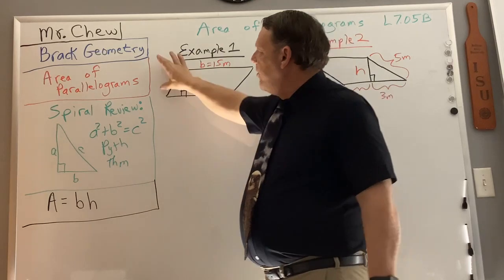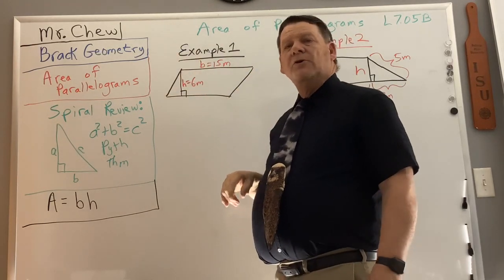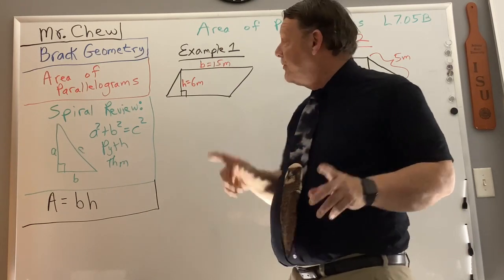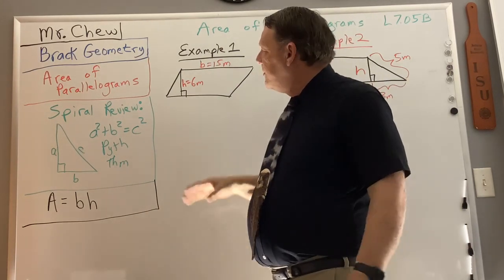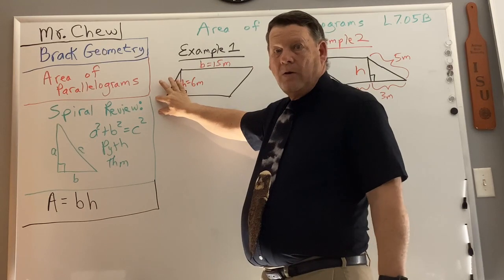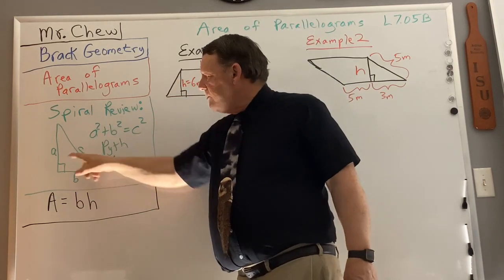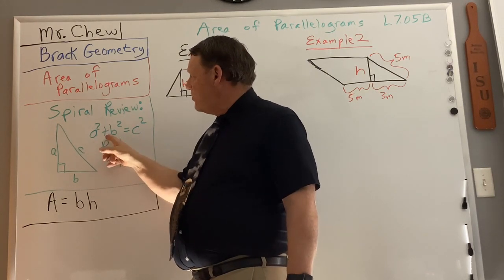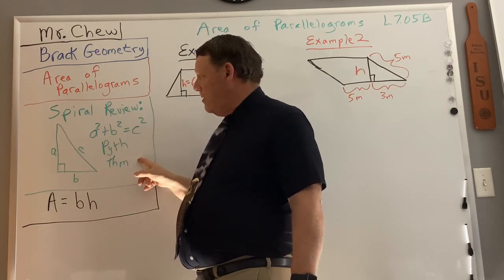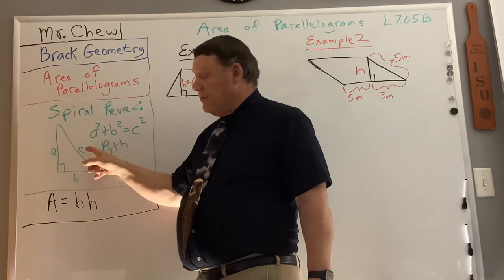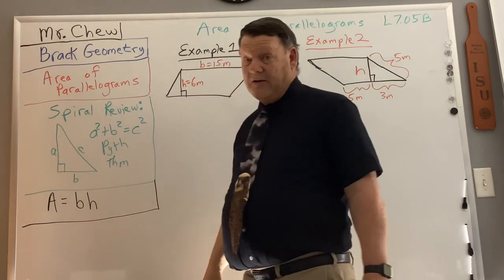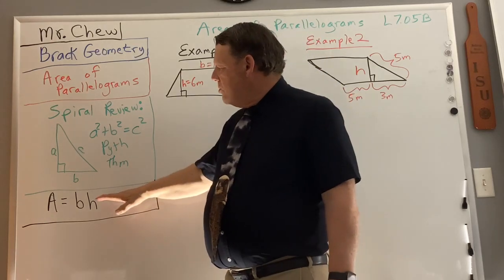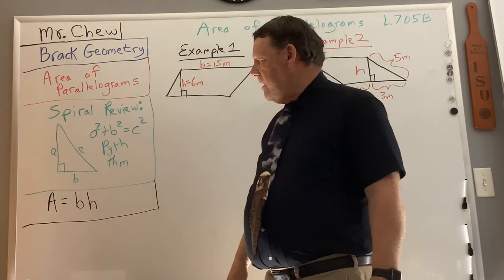Let's talk about the area of parallelograms. In order to solve these problems, especially example 2 and challenge problem 2, we need to do a spiral review. Anytime you have a right triangle, you can use the Pythagorean theorem, a squared plus b squared equals c squared, where c is the hypotenuse along the side and a and b are the legs. After you find the base and the height of a parallelogram, you can use the formula A equals base